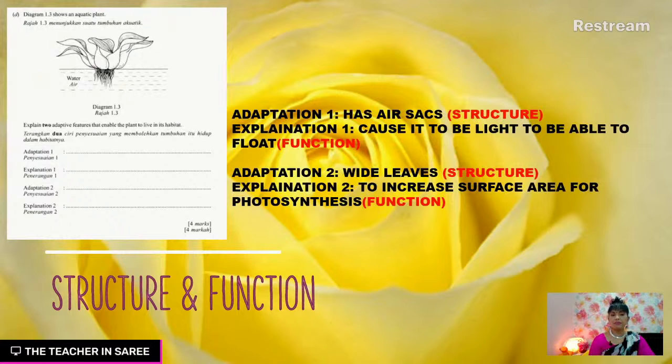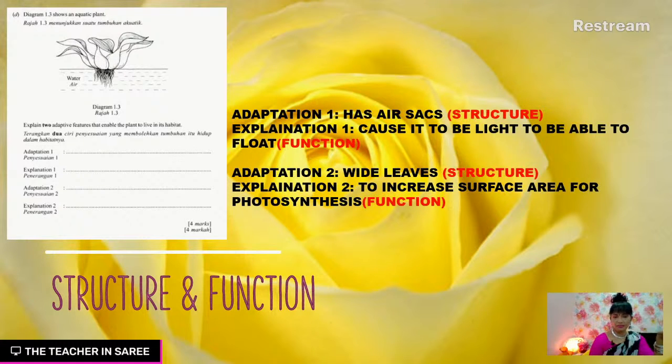Then we have the adaptation question. This is where the structure and the function are properly separated in the answer. Look at the word: explain the adaptation. Adaptation means the structural feature that enables the plants to live. That is the function. Why did they undergo these severe changes, specialization and adaptation? Because they want to perform a specific function. That is the reason.